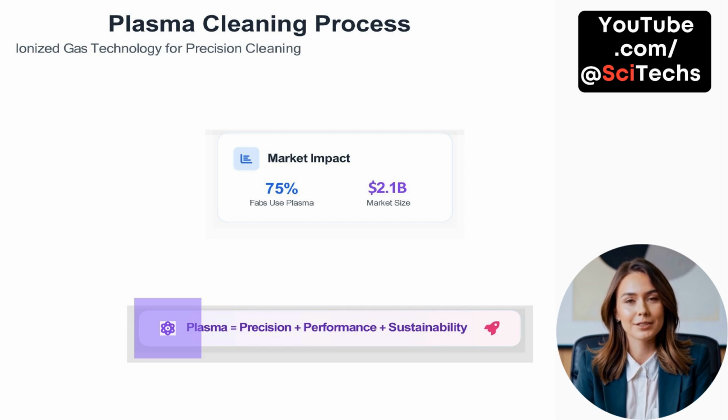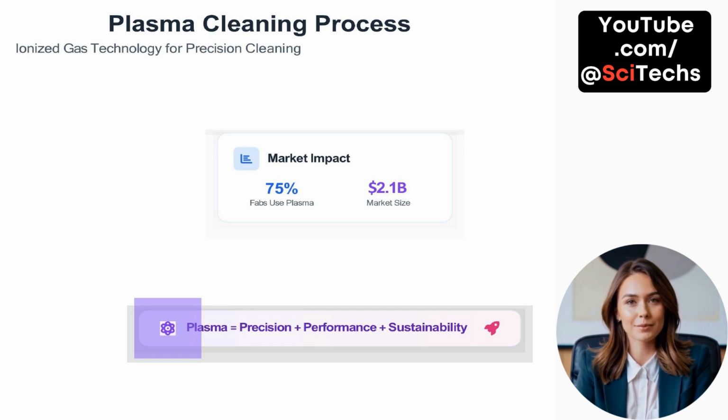Plasma cleaning process, market impact, and industry value. Plasma cleaning has become a foundational process in semiconductor manufacturing due to its unmatched precision, performance, and environmental advantages. Today, an impressive 75% of fabrication facilities, fabs, rely on plasma-based techniques for cleaning and material removal. This widespread adoption reflects the industry's trust in plasma's effectiveness for applications such as photoresist stripping, polymer removal, and surface